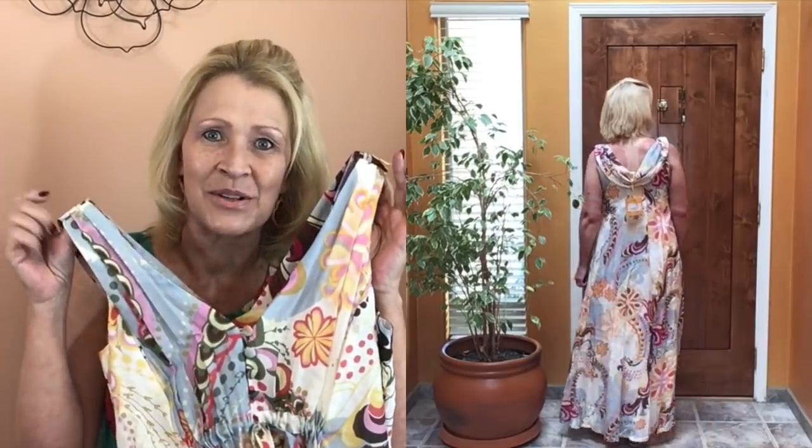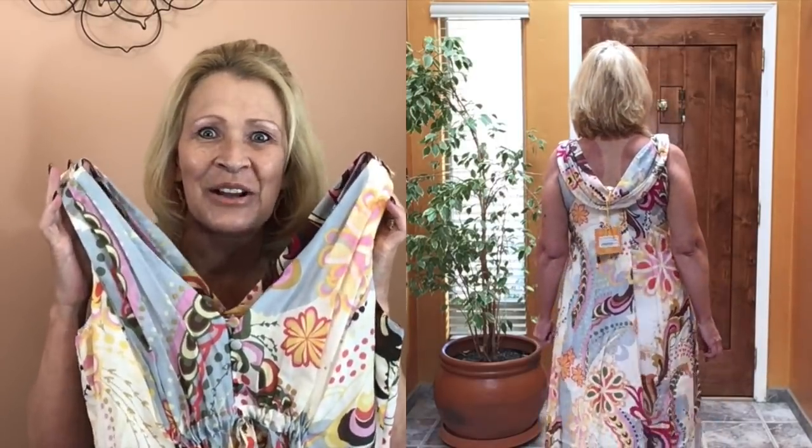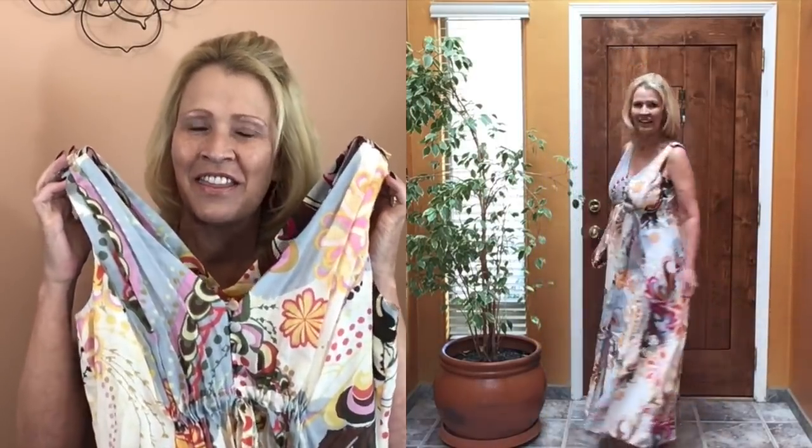I want to keep this dress. In the summer, I wear dresses 5 or 6 days a week, especially these easy wear cotton dresses. They just wear so well in the summertime. I will take a look at my own video and see what I think about the way this dress looks